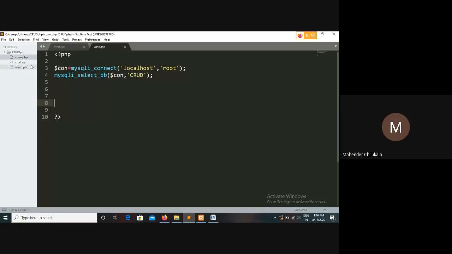Someone wrote in the chat box: insert into info, name, address, values, name, and address. Did you do the same thing? Sorry, sir. Can you please repeat? Maybe just remove that backtick of the database name.